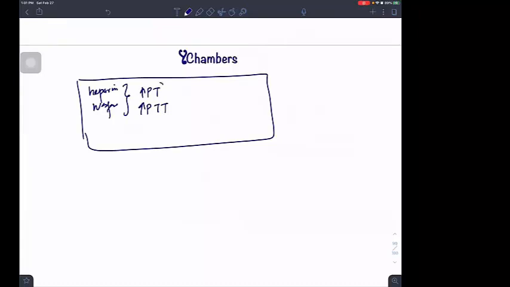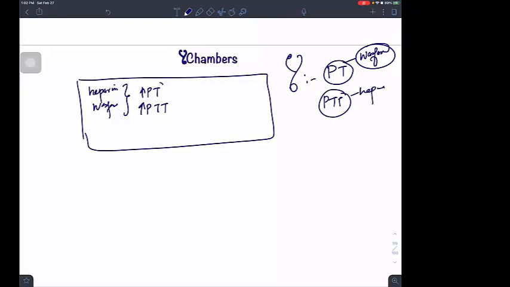Because they are finally doing what? They are inhibiting that common pathway. Do you remember that common pathway? At the common pathway, both will inhibit everything. But if you tell me, sir, clinically as a doctor, which test should I check for warfarin monitoring? I would say PT. PT for warfarin. PT for warfarin. And for heparin, PTT is okay. So if you want to have a very nice idea of warfarin therapy, go for PT.